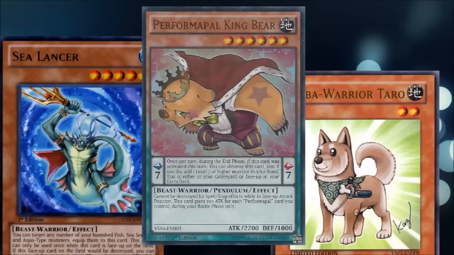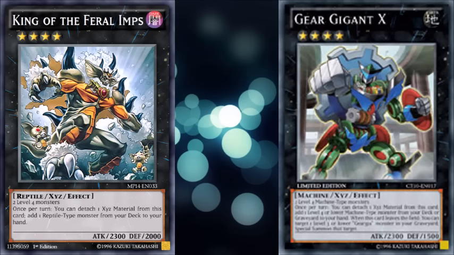4 that searches Beast Warriors. And we've seen this come up before. Gear X is sort of a good example, except that it takes 2 machines, so you have to be playing a lot of machines to actually make that. But a better example is King of the Feral Imps, because King of the Feral Imps has been used a ton of different times over the course of history to search stuff that probably shouldn't have been able to